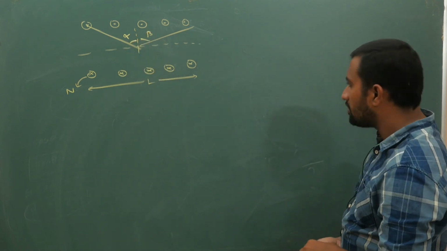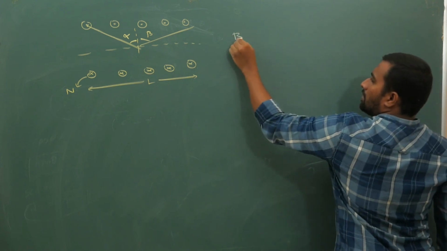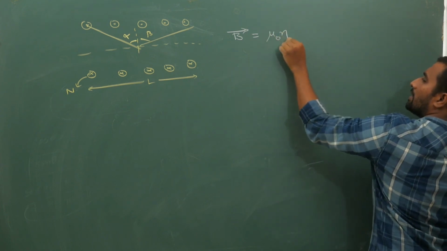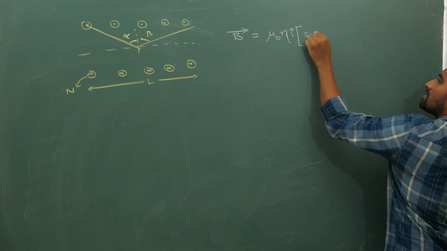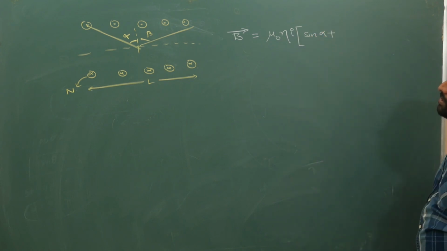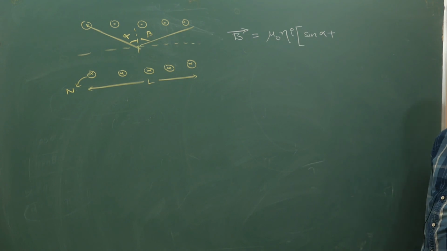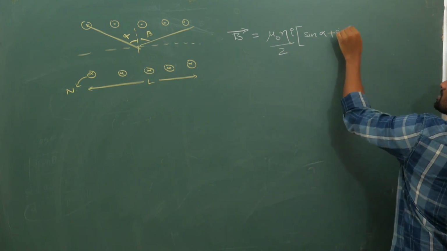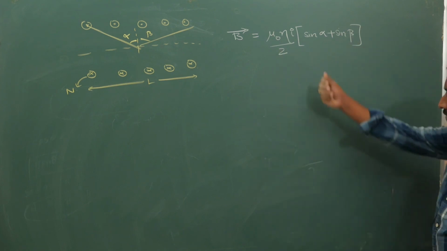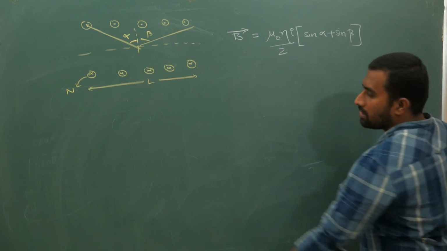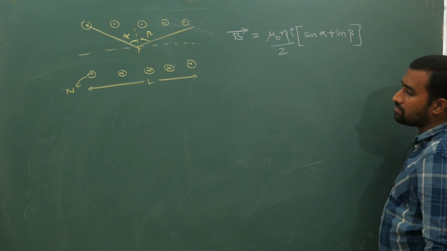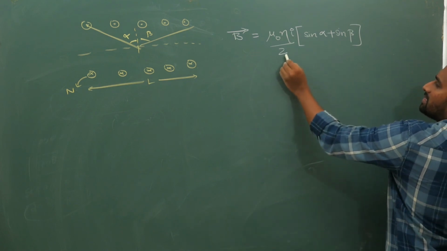Now on the axis, your magnetic field B bar is mu naught Ni times sin alpha plus, by 2 is there, we have missed. 2 is there in the expression. Mu naught Ni by 2 times sin alpha plus sin beta. I don't know whether I have carried the 2 somewhere at some step. I think I have left out 2. Yeah, here it is 2, I remember. So 2 is missing. I have not written it down, but I think I have taken it out. Anyway, it is the final expression.